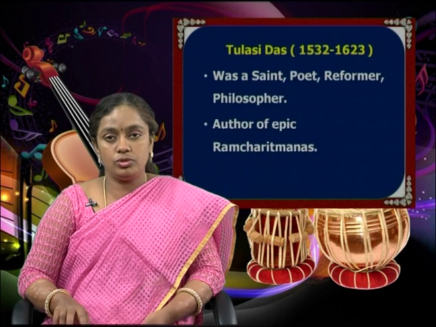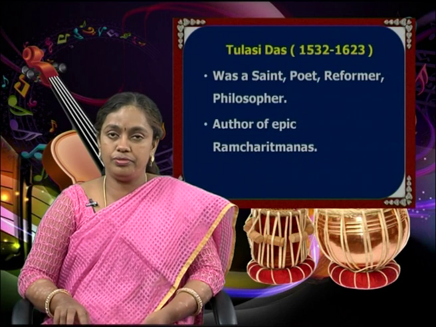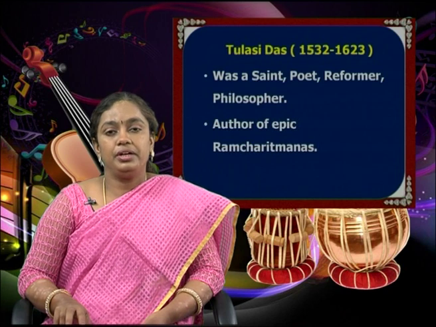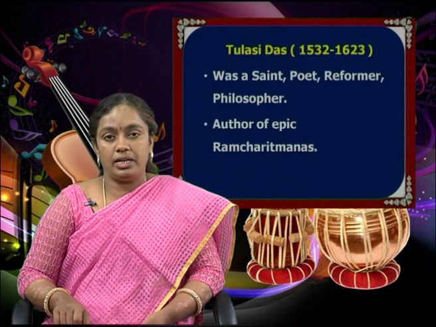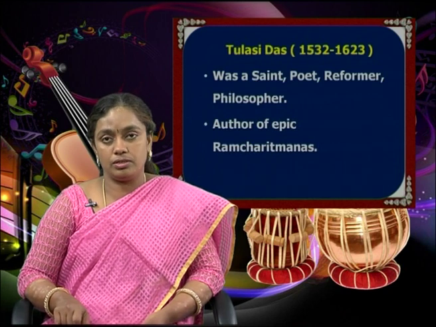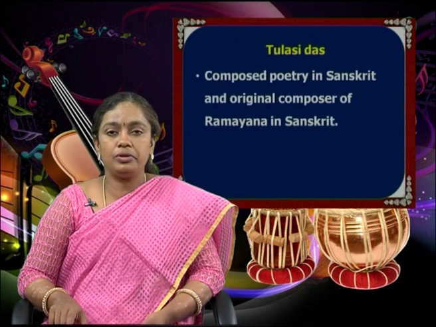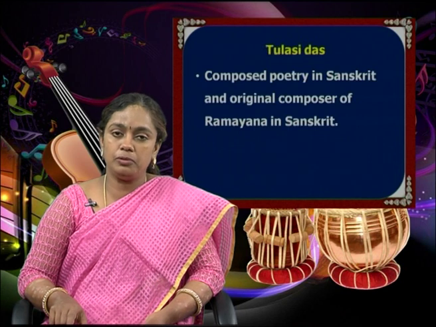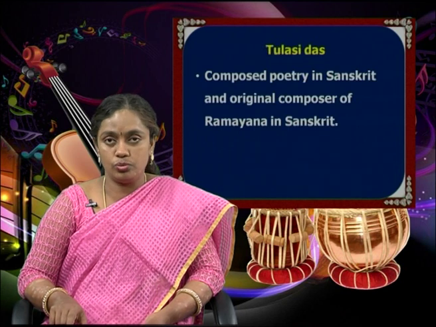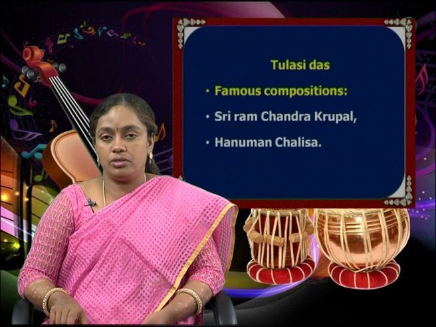Tulsidas belongs to the 1532 to 1623 period. He was a saint, poet and a reformer and also a philosopher, and he is the main author of the epic Ramcharitmanas. He composed poetry in Sanskrit and was the original composer of Ramayana in Sanskrit too. Some of his famous compositions are